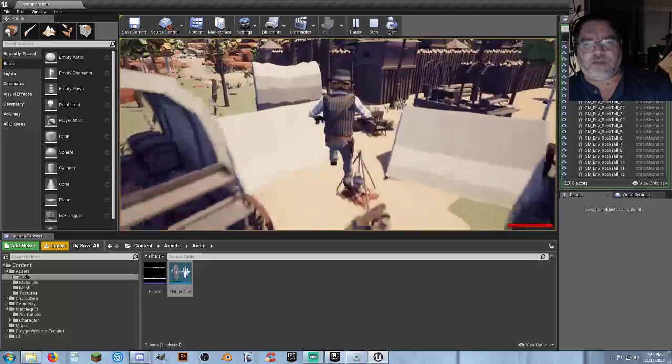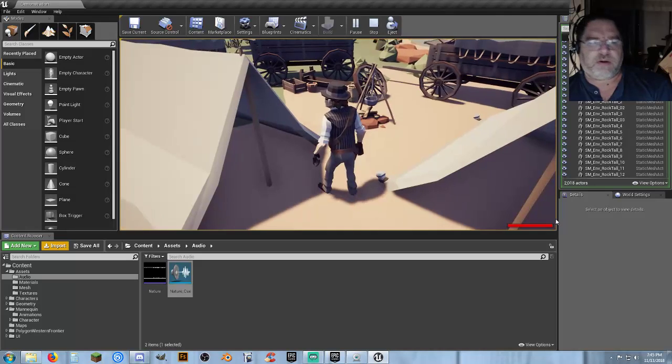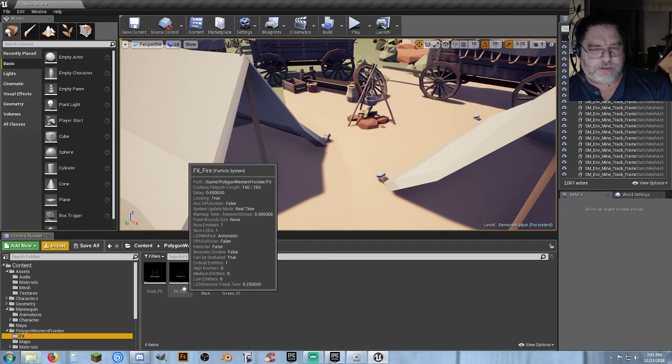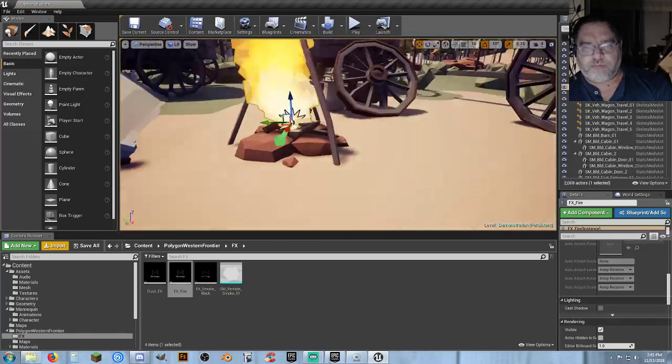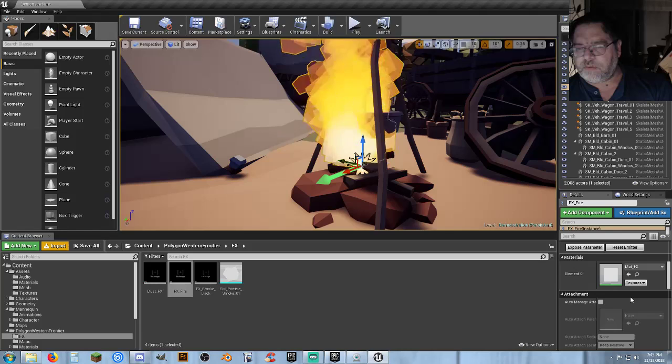Running a YouTube video in this probably wouldn't be suitable. Alright, so we got a campfire right there. Do we have a fire? We does. I can come over here and grab the fire and put it in here. It's a little bit big, so